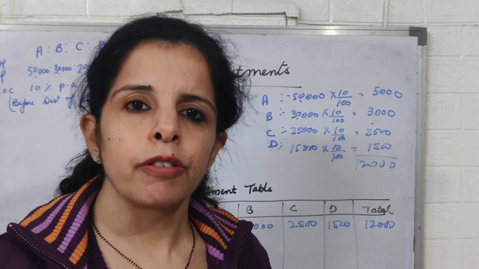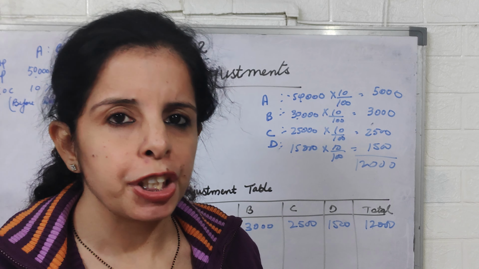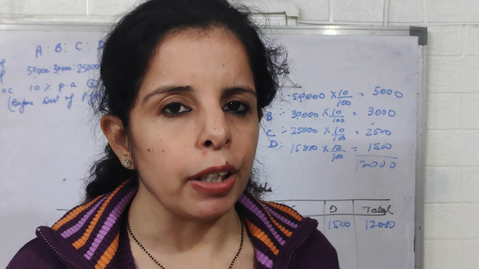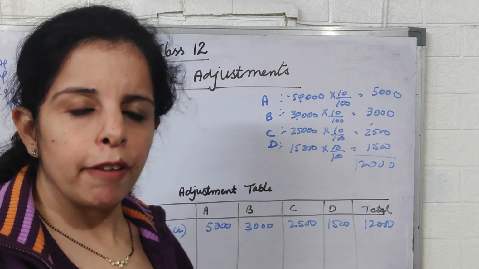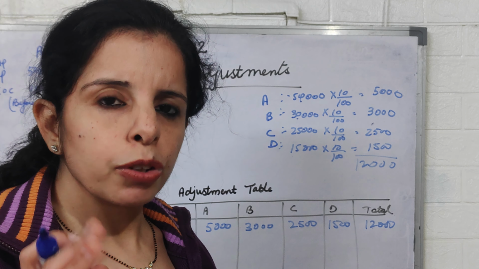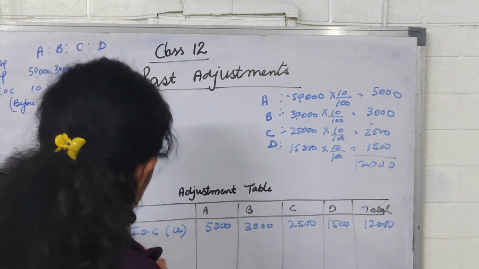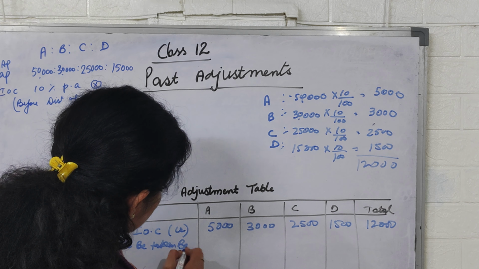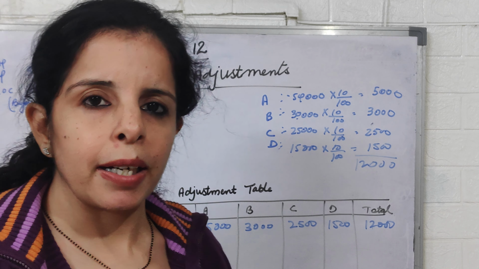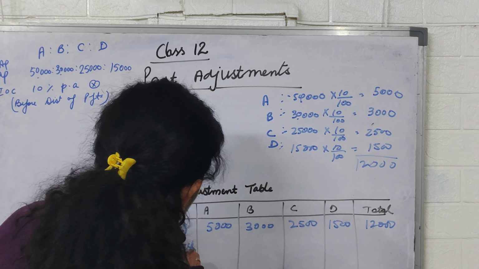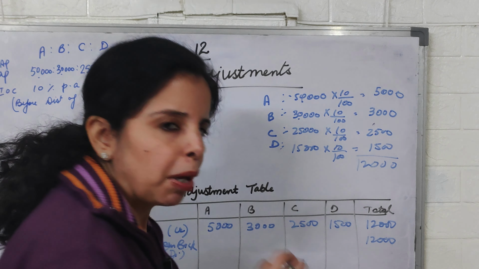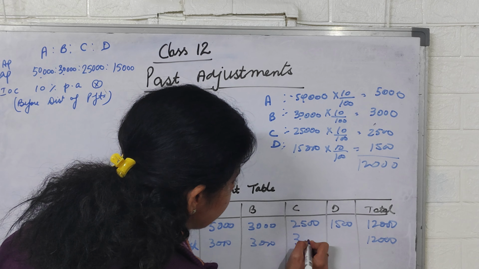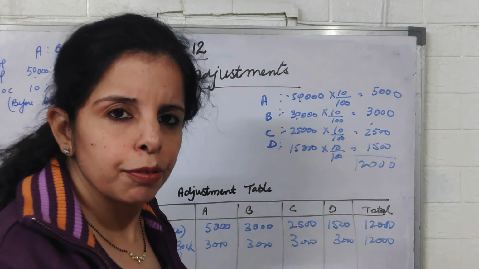So we will be charging this 12,000 back from the partners in their profit sharing ratio. Students, when the profit sharing ratio is not given in the question, it is always equal. So we will be charging this 12,000 divided by 4, 3,000 rupees profit from each partner. So this is the profit to be taken back from the partners. When we take back some amount from the partner, their capital account is debited. So 12,000 total we have to take back from the partners in their profit sharing ratio. This is 3,000, 3,000, 3,000, 3,000, taken back from each partner.